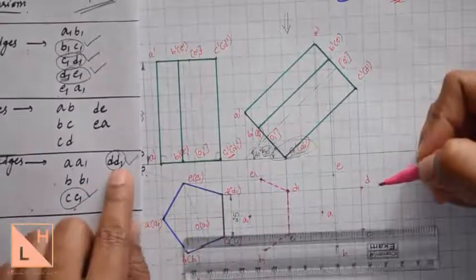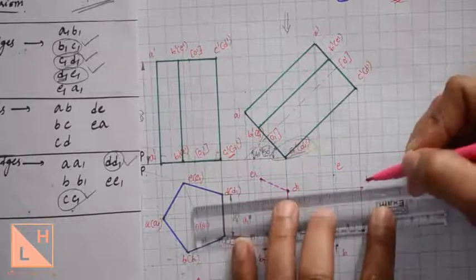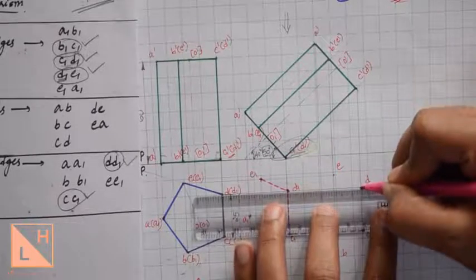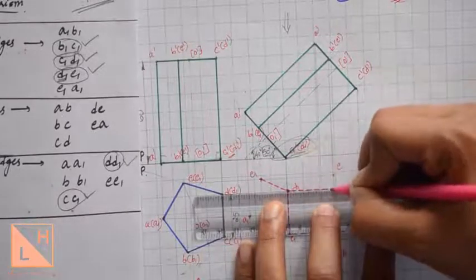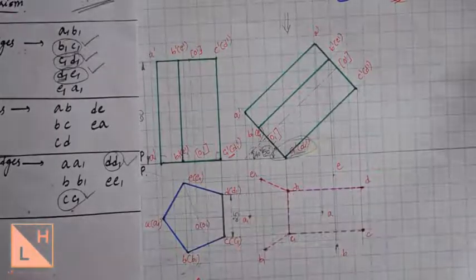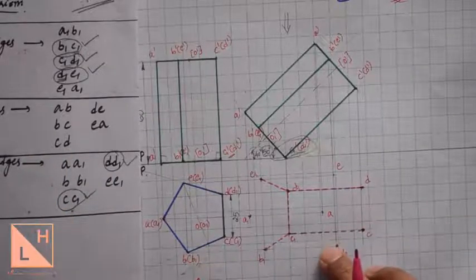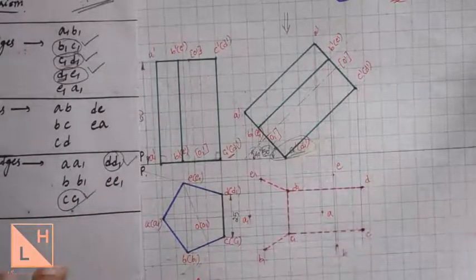And the last one is DD1. So connect point D to D1 with the help of a dotted line or dashed line. Do not use dots, you must use dashed lines only, and that completes the identification of hidden edges. Now what you need to do to complete this is all the remaining edges will be connected with a visible